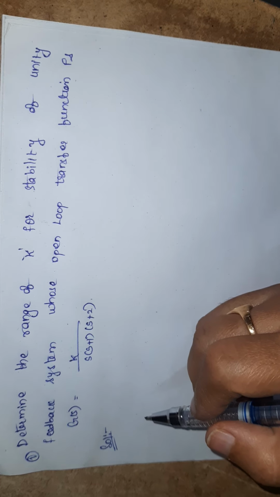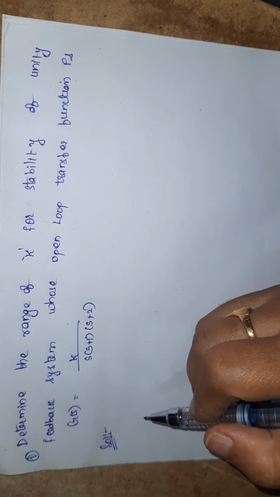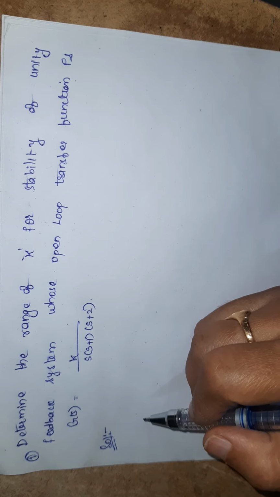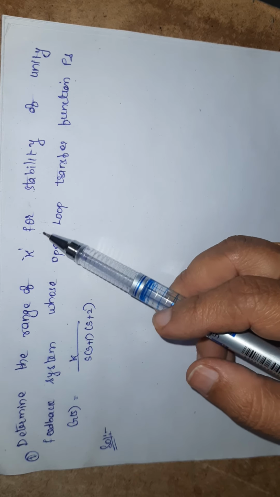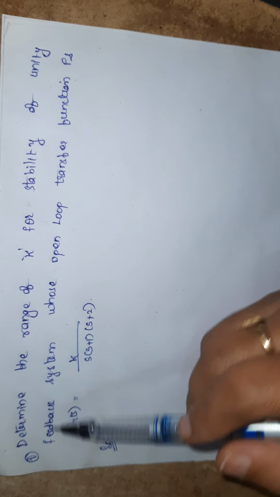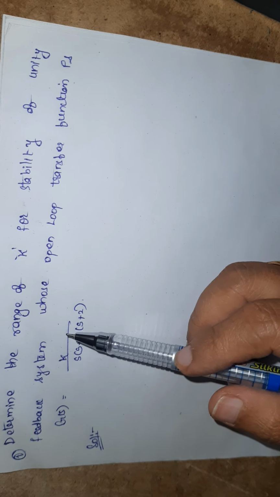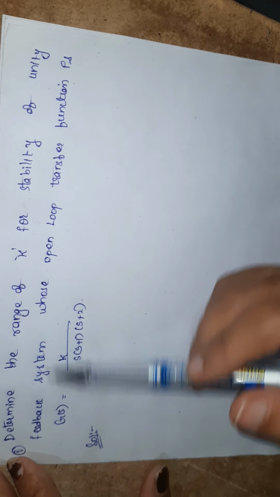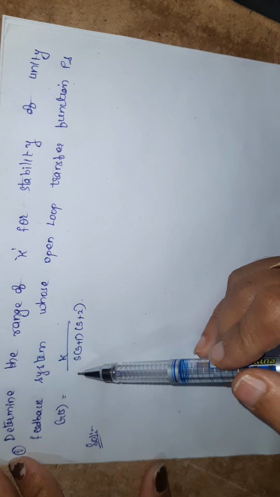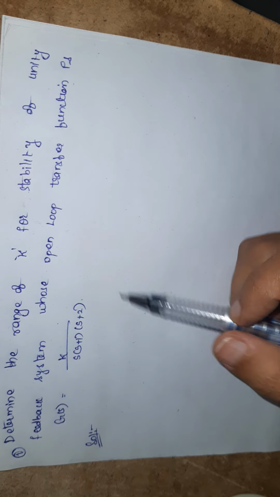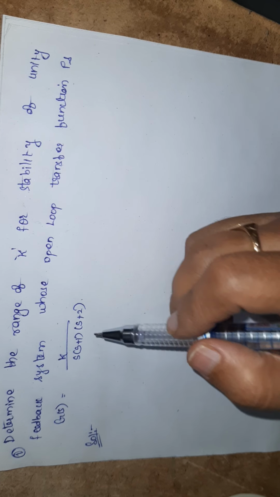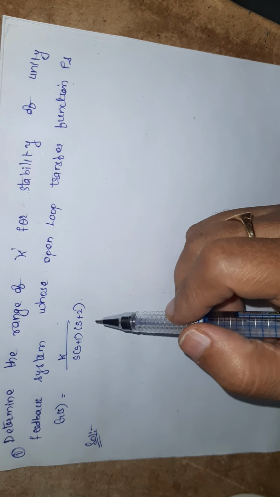Hello all. Now I'm going to discuss a problem on Routh-Hurwitz criterion. Determine the range of K for stability of a unity feedback system whose open loop transfer function is G(s) = K / (s(s+1)(s+2)). So we have to comment on stability